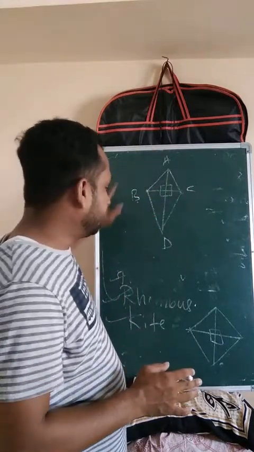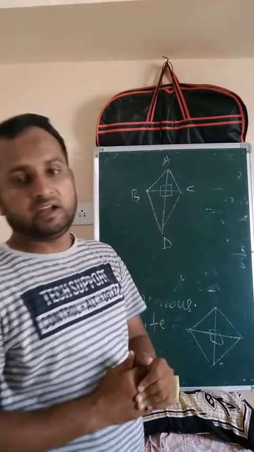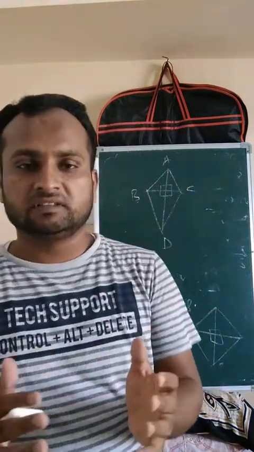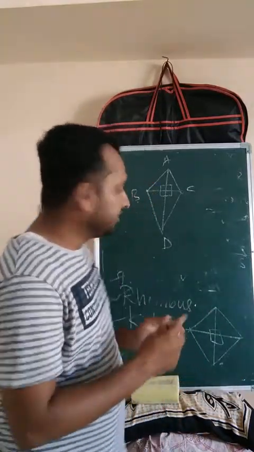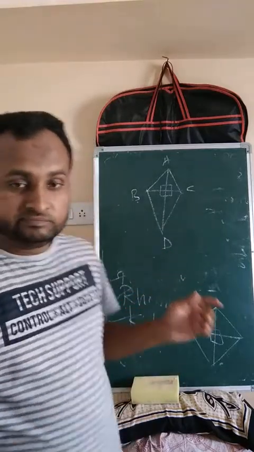I think you got the idea about the definitions and properties of all types of quadrilaterals. Now we'll once again recall the difference between each type of quadrilateral. First, the square and rectangle. You have seen that. Now can you say that a rectangle is also a parallelogram? Yes, why not? Because whatever properties the parallelogram has, the same properties are there in the rectangle. So we can say that a rectangle is also a parallelogram.